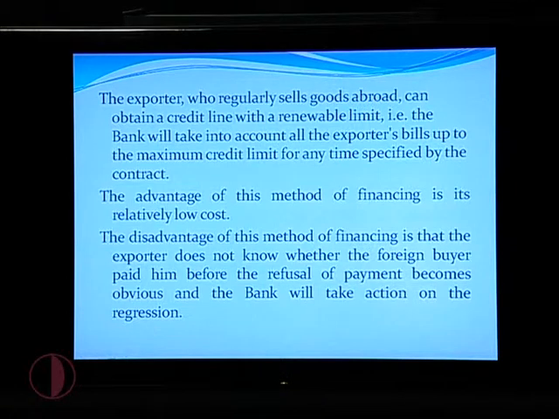The exporter can also negotiate with the bank on future forward exchange rates. In future, revenues can be accounted in advance. The disadvantage of this method